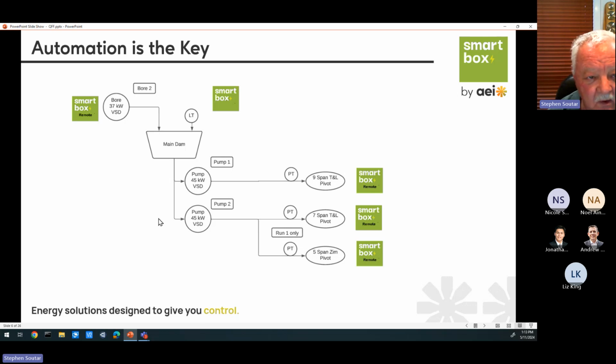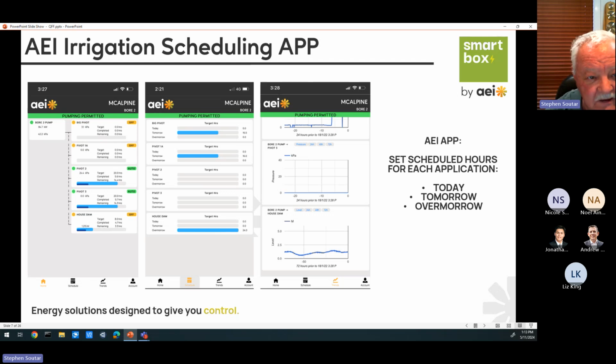Now, when automation is the key, in our case, using our equipment, we put a smart box in, which is our base product, and then we put a remote box out in each place, put the pressure into the remote box and have communication back to the central unit, and then that's fully controlled via an app. In the case of our app, there's many systems that have different types of apps, but it allows us to operate the system, set